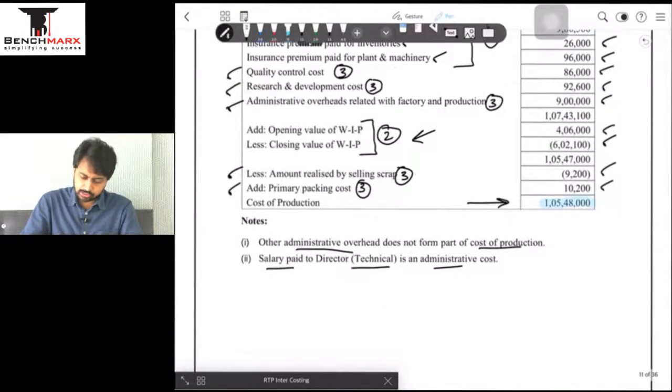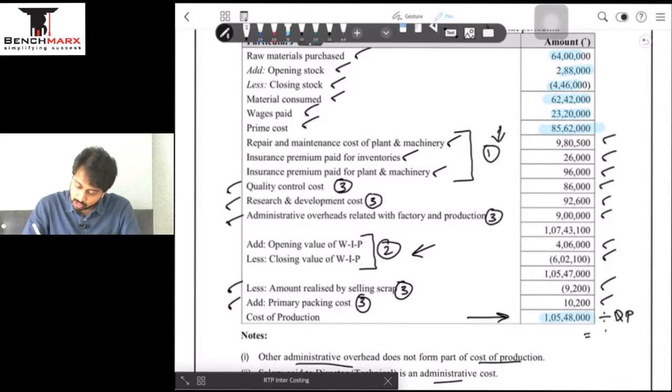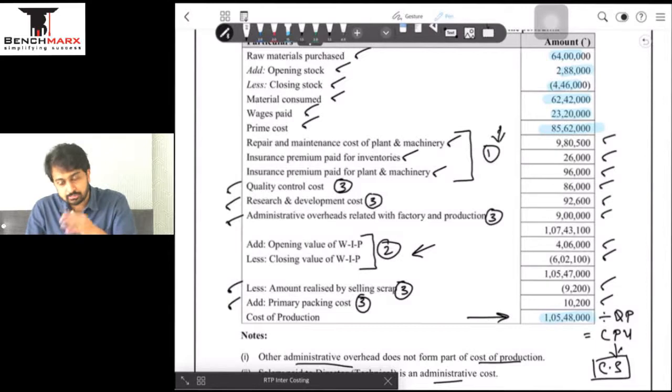Okay, nothing new in the question, but a good question to revise the new cost sheet format, as you will know where to place expenses like R&D, quality control cost, admin cost. Sale of scrap is always subtracted from the admin cost production based, and the net figure goes in the outer column to get my COP. Right, COP is going to be divided by the quantity produced, and this will give me the cost per unit, and this cost per unit will be used to value my closing stock. Not a part of this question because we are only finding COP, but as a concept this will be used to find my stock value.